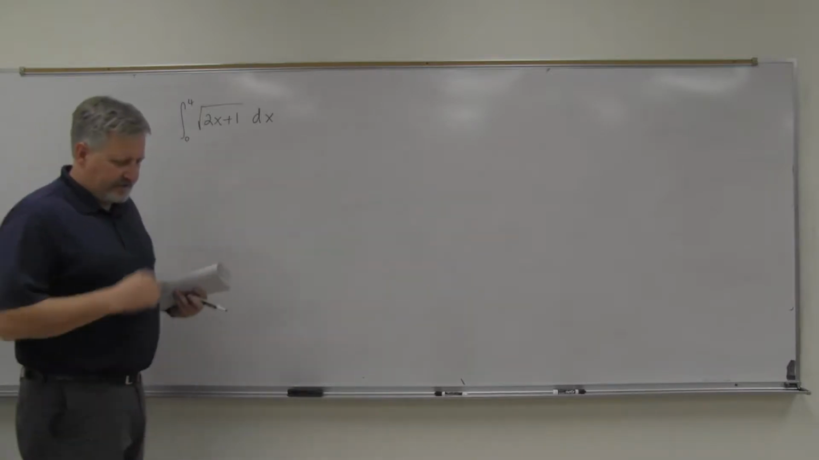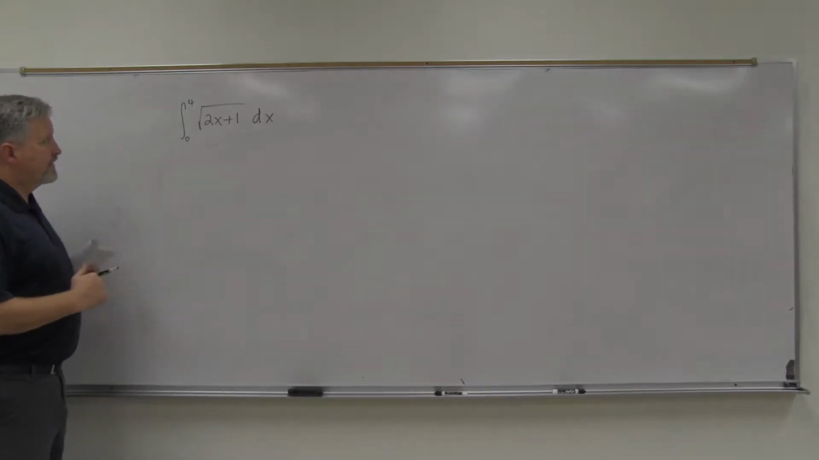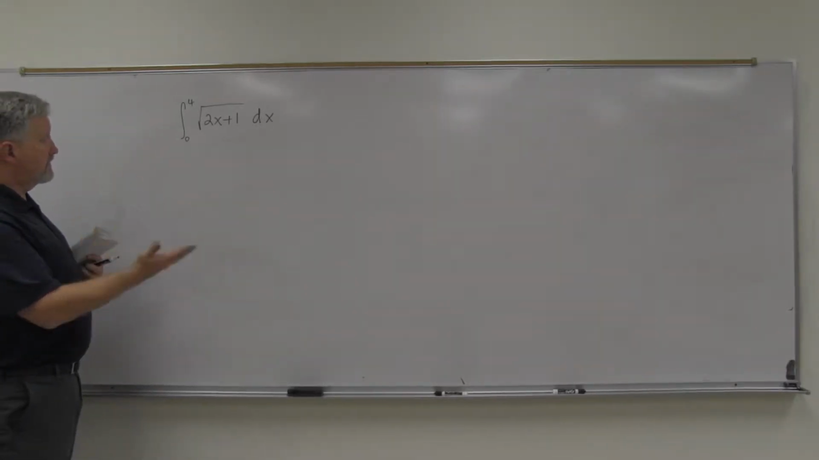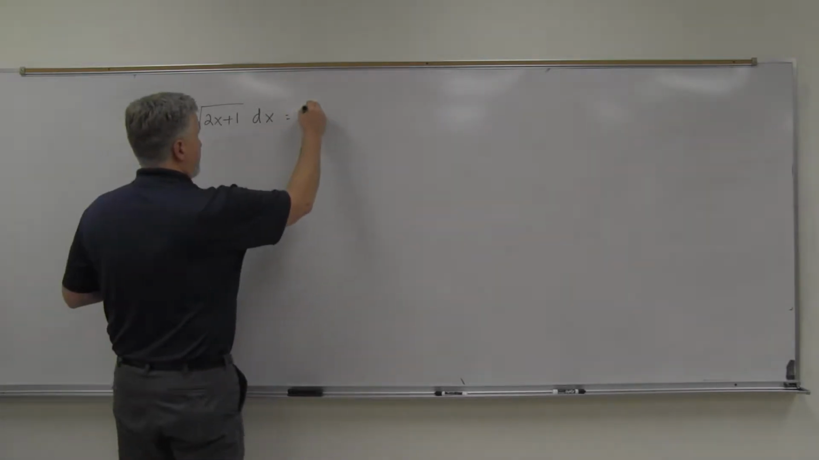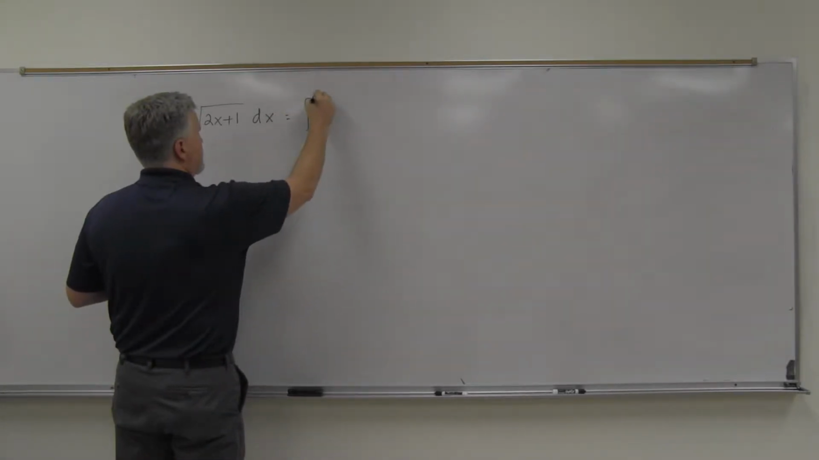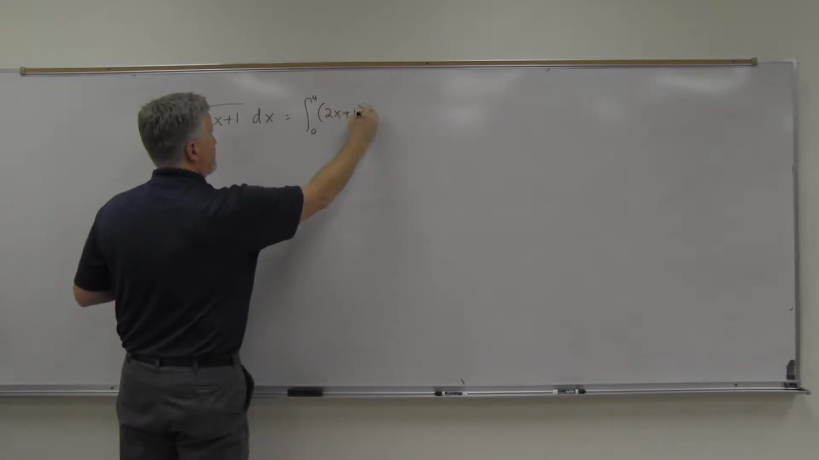So here we have a definite interval. Got the upper and lower limits, 0 and 4. The integral, though, I have to do is square root of 2x plus 1, which, if I rewrite that with parentheses, would be the integral from 0 to 4 of (2x plus 1) to the 1/2